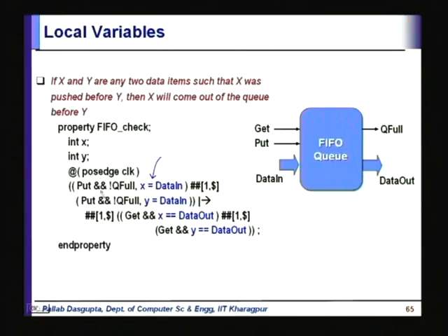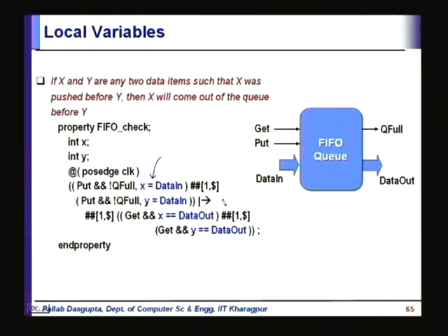What we are saying is that when we raise the put signal and the queue is not full, then let x be the data in. So, we are storing data in the variable x, and then we say that ##1 $ means from the next cycle onwards, sometime in the future, if we again put, and again it is not queue full, let that data be y,